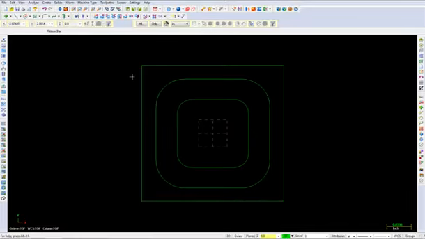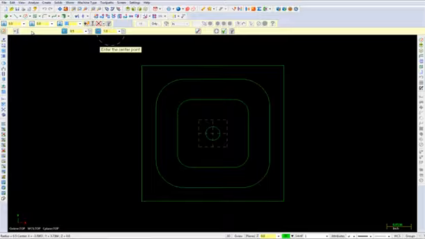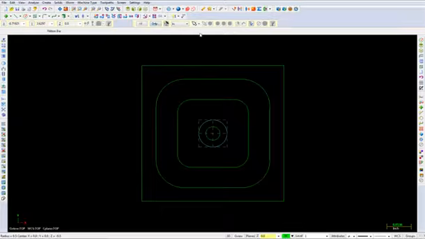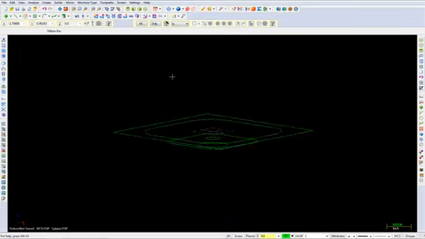Now we will create two arcs at different z depths and different diameters. Choose the command Create Circle Center Point. Change the diameter to ½ inch. Enter in an x coordinate of 0, a y coordinate of 0, and a z coordinate of minus 0.25 inches. Select the Apply button. Then change your diameter to 1 inch. Enter in an x, y, and z of 0, 0, and the z to minus 0.5 inches. Select the OK button to exit the command and choose the isometric view to be able to see your wireframe